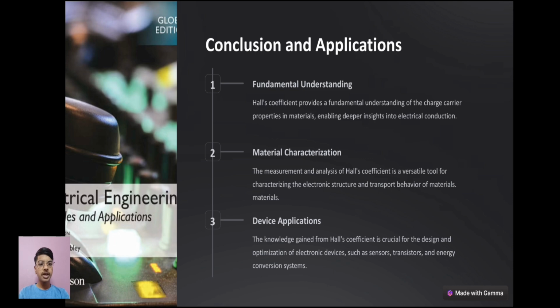The measurement and analysis of Hall coefficient is a versatile tool for characterizing the electronic structure and transport behavior of materials. Device applications. The knowledge gained from Hall coefficient is crucial for the design and optimization of electronic devices such as sensors, transistors,